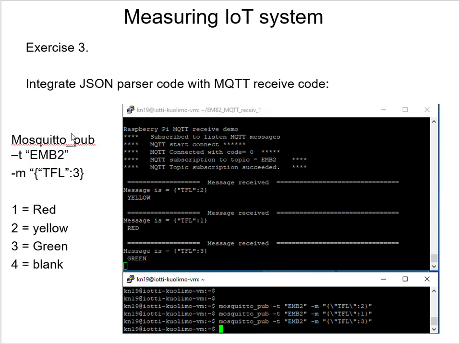So if you send from the Mosquitto broker by this Mosquitto publish command, like this message TFL3, it's supposed to print green. So in this upper terminal, your own C++ client is running, and here's your publish client that you can use for testing to send those messages. So if I send this TFL3, your client will then print that green on the screen. And if I send 2, it will print